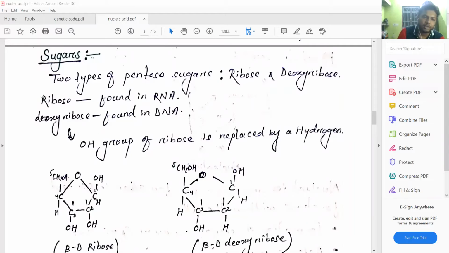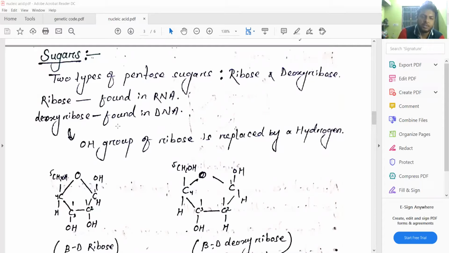In case of RNA, it is the single ribose, that is the oxygenated one, and here it is the deoxyribose, devoid of hydroxyl group. OH group is absent in the 2' carbon. So ribose is found in RNA, the ribonucleic acid, and deoxyribose is in DNA, deoxyribonucleic